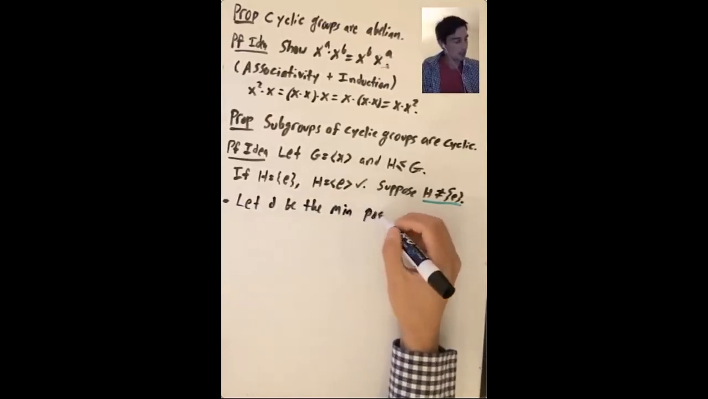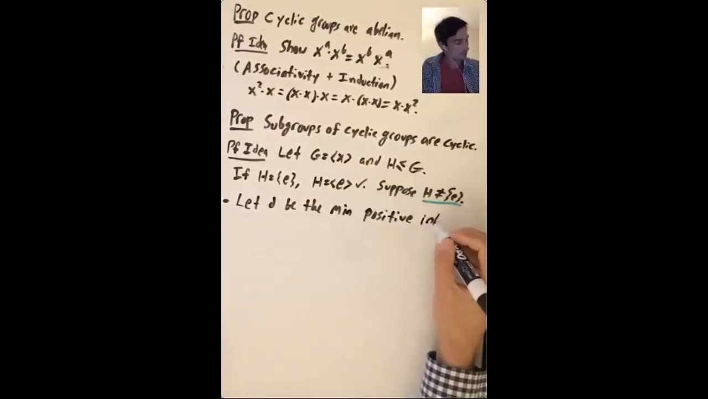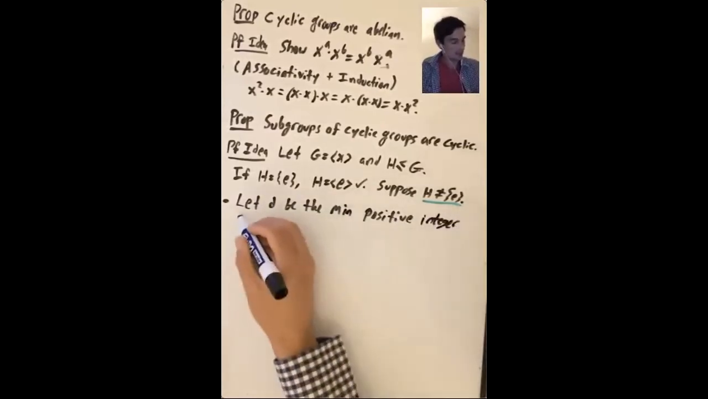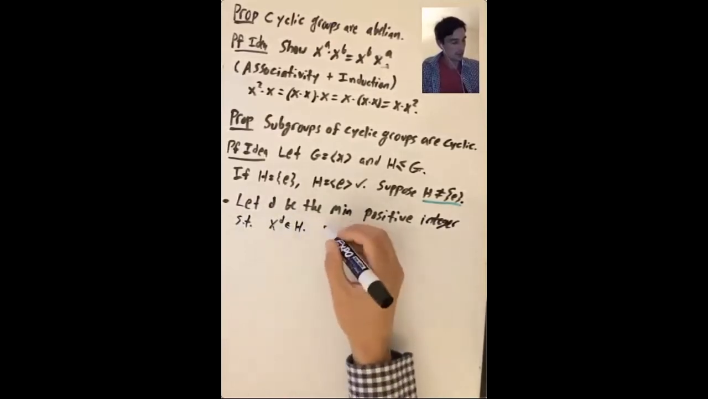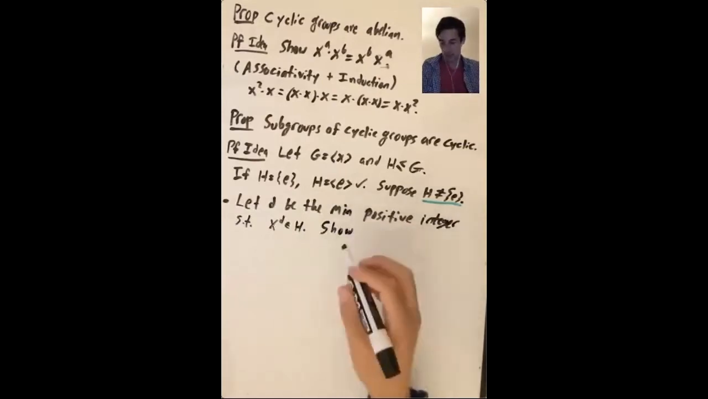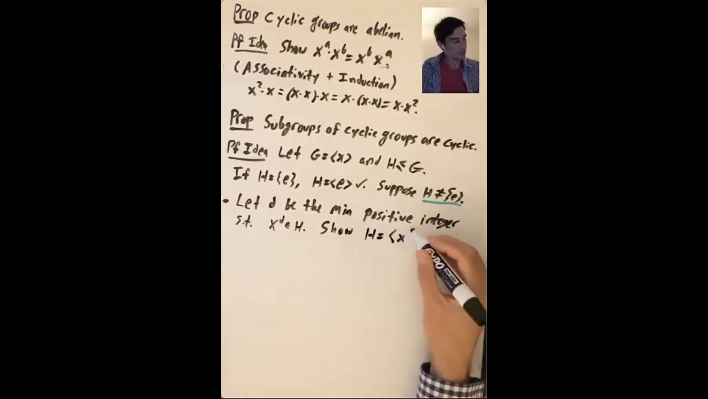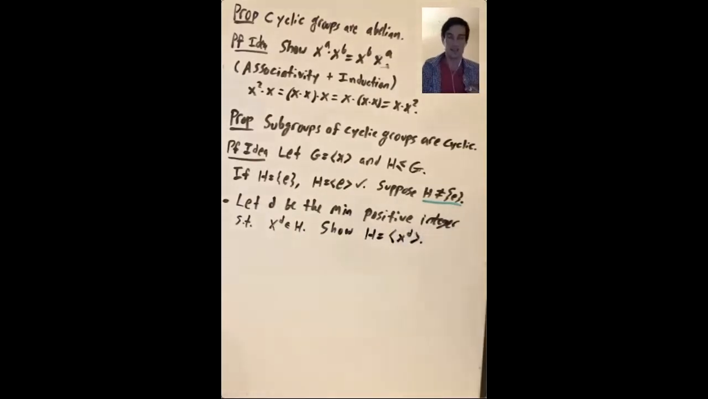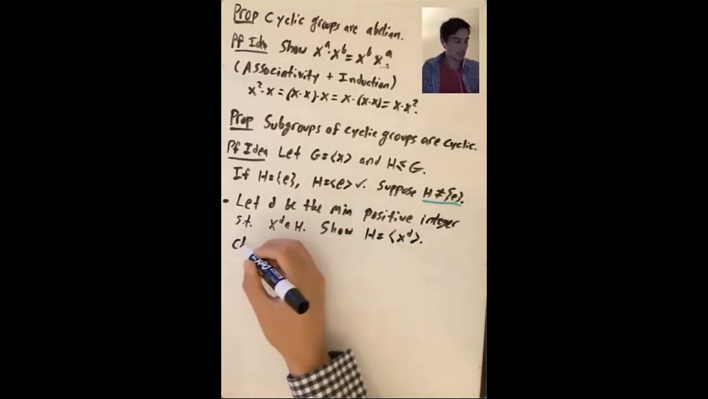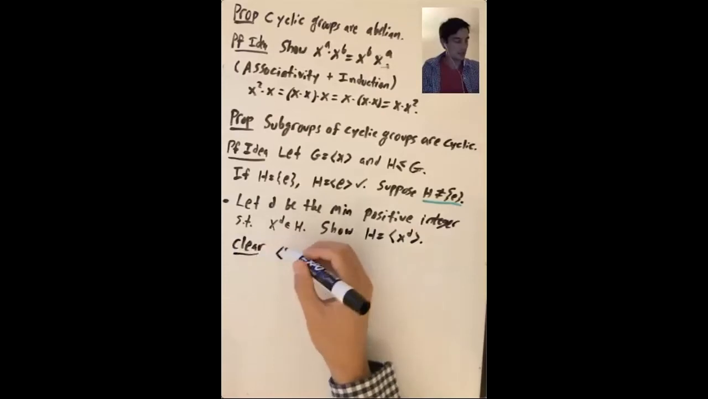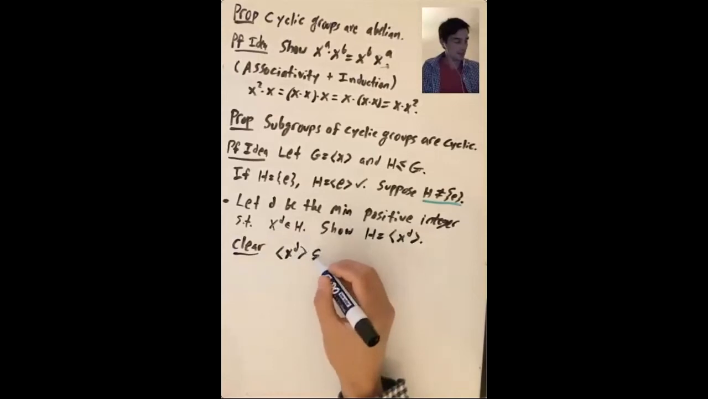So what we can do is let d be the minimum positive integer such that x to the d is in H. This is the one key idea here. And what we're going to do is show that H is equal to the cyclic subgroup generated by x to the d. Well, okay, since x to the d is in H, it's clear that the cyclic subgroup generated by x to the d is contained in H,